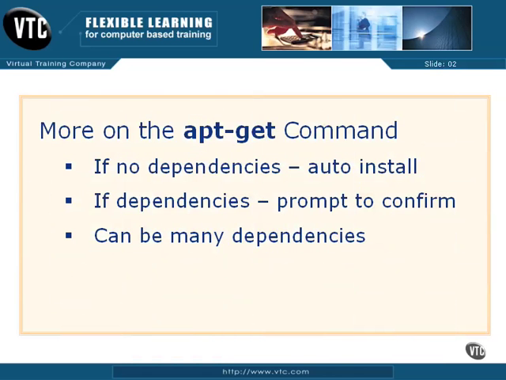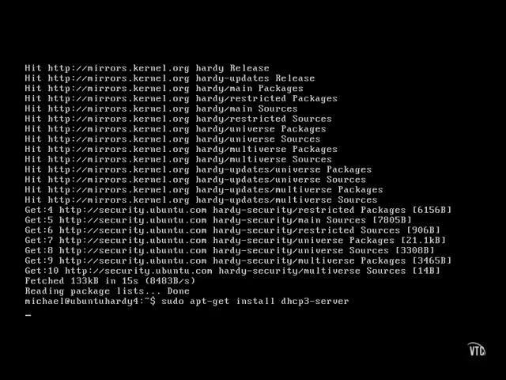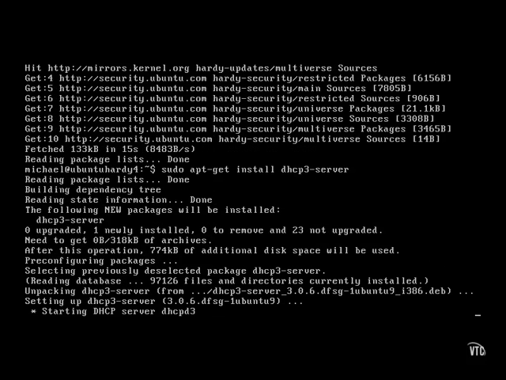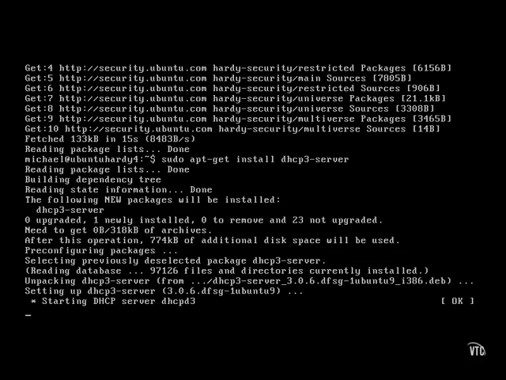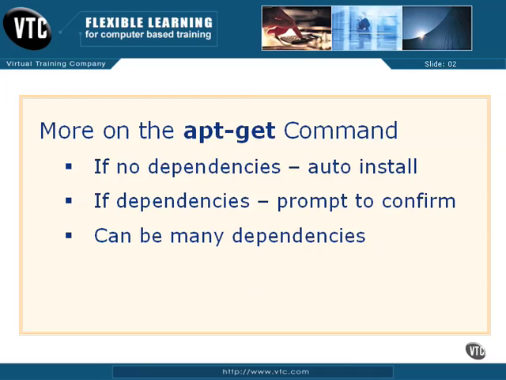When you run the apt-get command to install a package that doesn't have any dependencies, let's install the dhcp3-server package, and I've already installed other dependencies, so this package is downloaded automatically. And look at that, it's even started. Cool. If there are additional packages to be installed, you're prompted to confirm that,